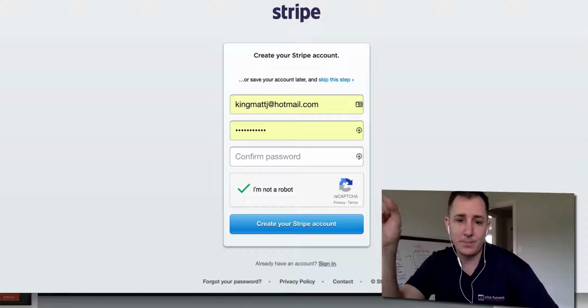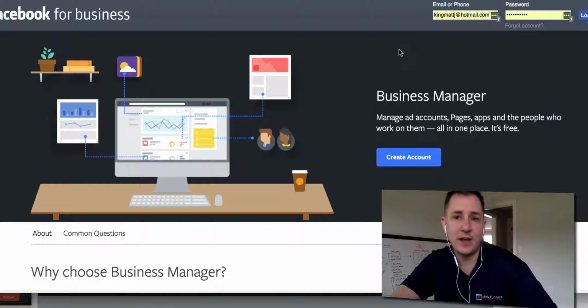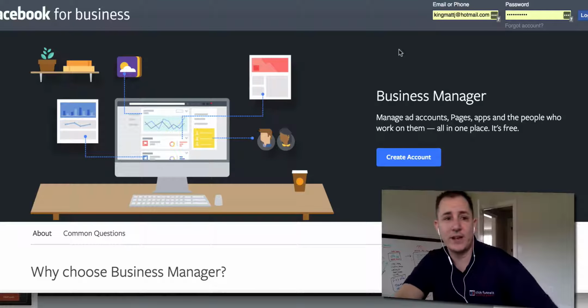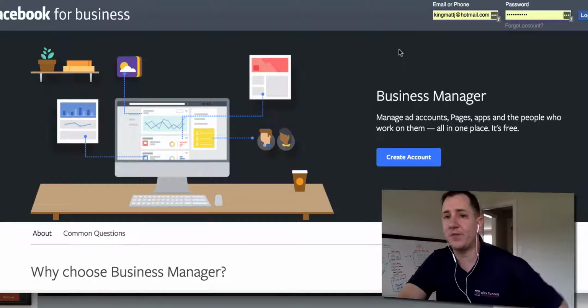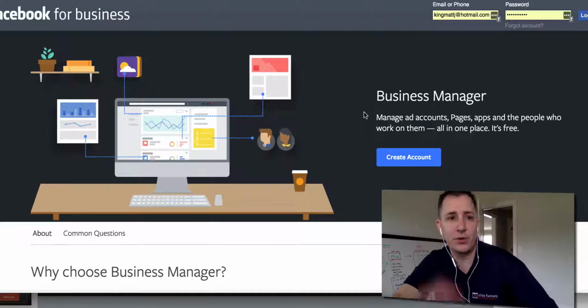Okay, so that's all there is with Stripe. Let's look at the next one, which is Facebook ads. We want to create ads. We're going to do ads with Facebook. You can do ads with a number of different things, but Facebook ads is what we're going to focus on. So go to